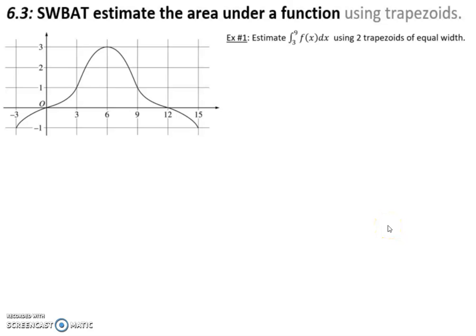Hello, our last objective in this unit is to estimate area using trapezoids. Trapezoids have a slightly more complicated formula. The formula for a trapezoid is area is equal to 1/2 times base 1 plus base 2